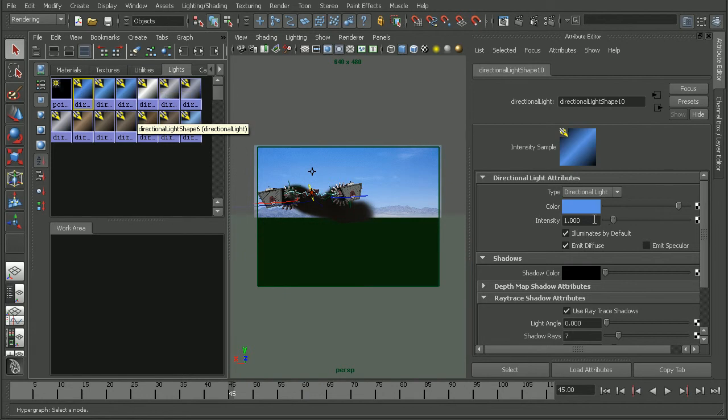So let's begin by first taking a look at what it'll look like if we have no shadows, and that way we can turn them on and see what the difference for each of these is as we turn them on. So I'm going to come in and turn off the ray trace shadows for each of these lights. I'm just going through and selecting each of the directional lights and then turning off the use ray trace shadows in the attribute editor here. A couple more. Okay, so now that we have all those turned off,